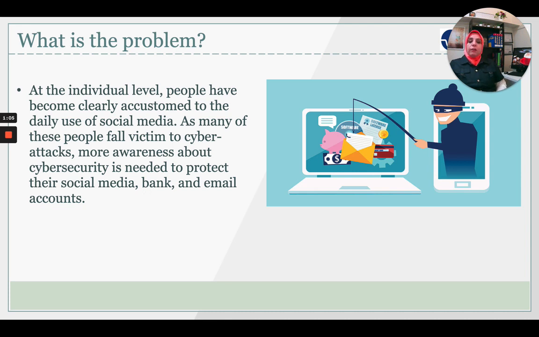At the individual level, people have become accustomed to the daily use of social media. As many of these people fall victim to cyber attacks, more awareness about cybersecurity is needed to protect their social media accounts, their bank accounts, and their email accounts.